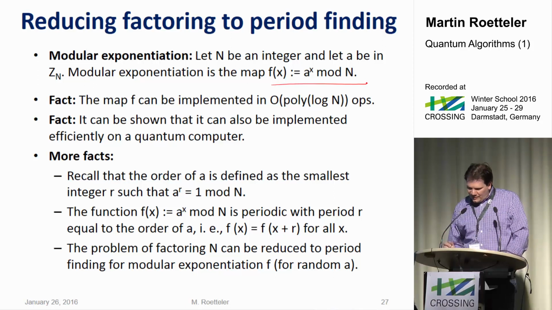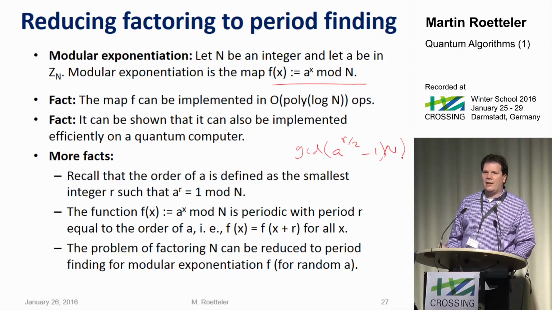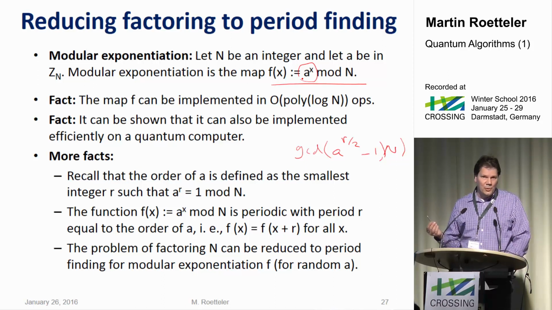And it's very simple. If you knew that the period r, say if it were even, then all you need to do is take a^(r/2) minus 1 and compute the GCD of that with the number n. And that will, with very high probability, give you a non-trivial factor of this number n. It specifically works really well if you have an RSA number, right? Only 2 big primes. And if you have an element a mod n, and if you magically were able to get the order, with very high probability it would be even. And then you would just take this and compute a GCD, which would give you one of the 2 prime factors with very high probability.